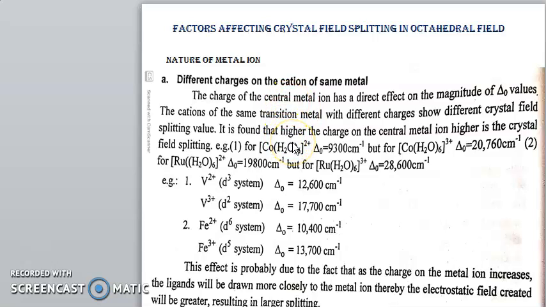So we have to revise what we have seen in the last few lectures, which is most important in crystal field theory: the splitting of crystal field complexes in various geometries. That is the octahedral field, then the square planar field, the tetrahedral field, and the distorted octahedral, or pentagonal. You have to keep in mind that the del tetrahedral energy is lower than that of del octahedral. The factors affecting crystal field splitting in the octahedral field will be discussed in the next lecture.